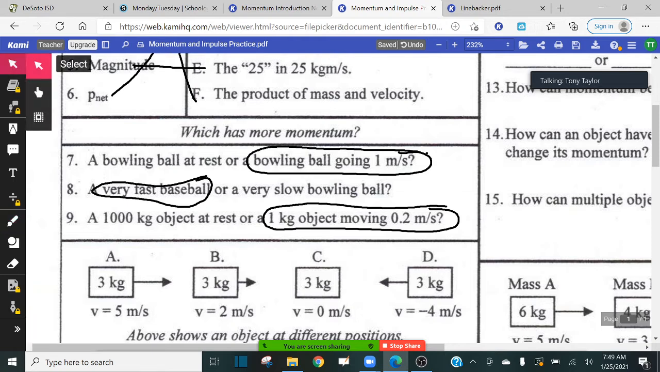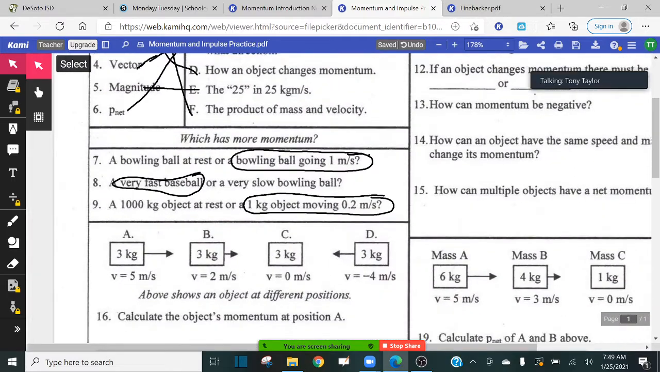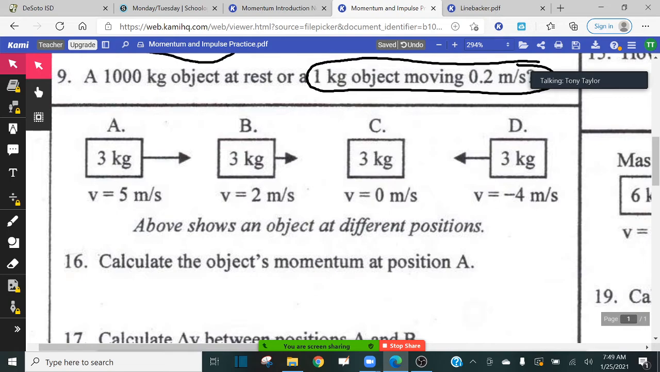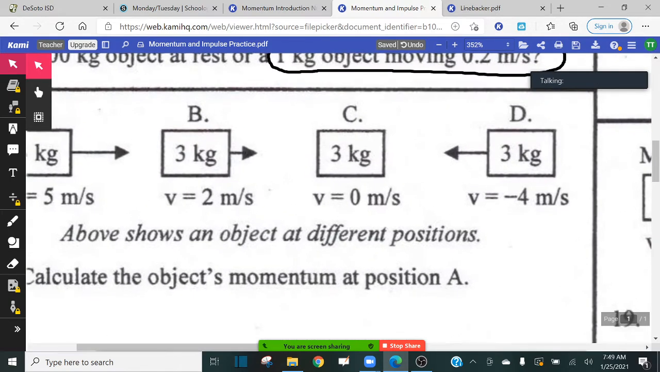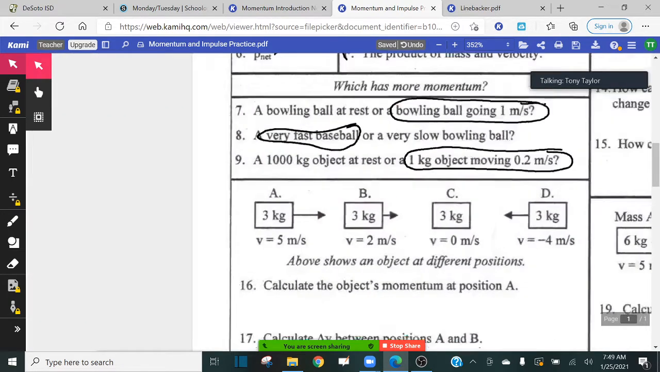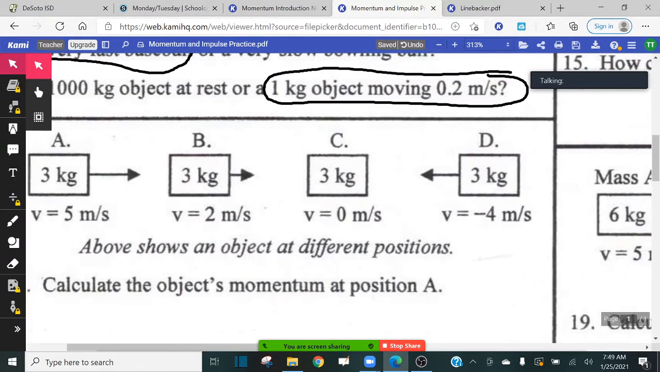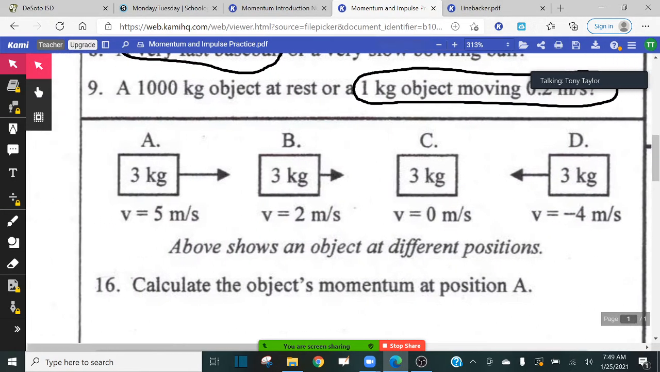Now let's get into the calculations that you're going to see in your assignment. First of all, before we work out number 16 through 18, I want you guys to notice something here at the top. We have 4 different objects here, objects A, B, C, and D. And all of these objects,